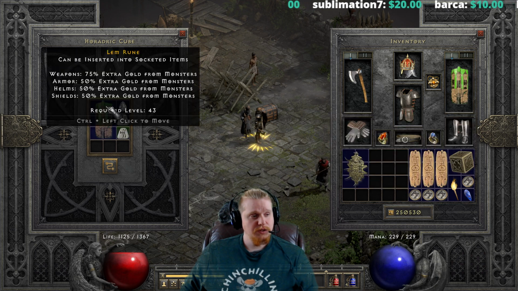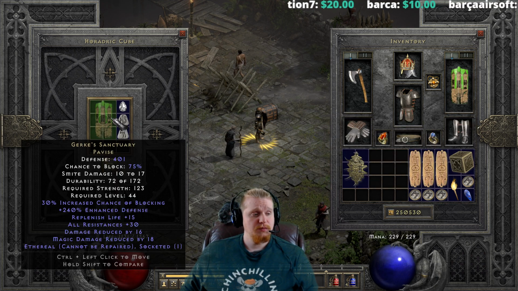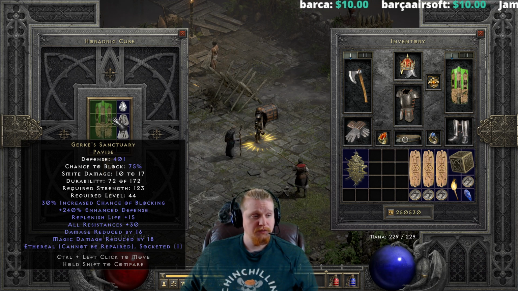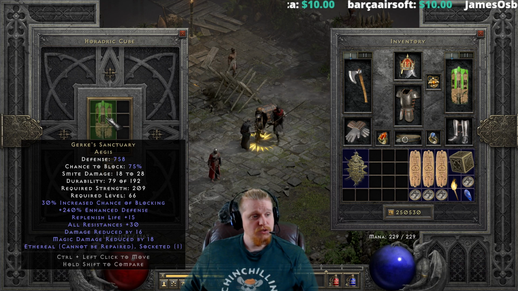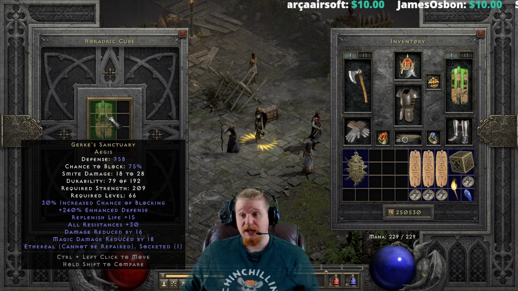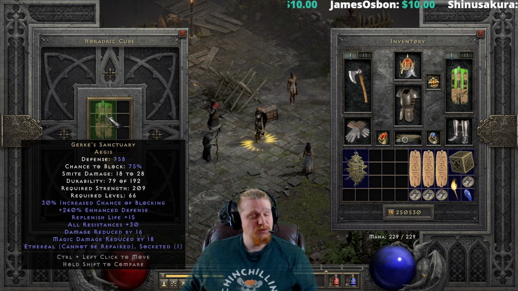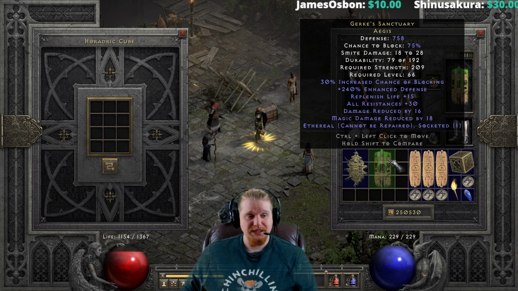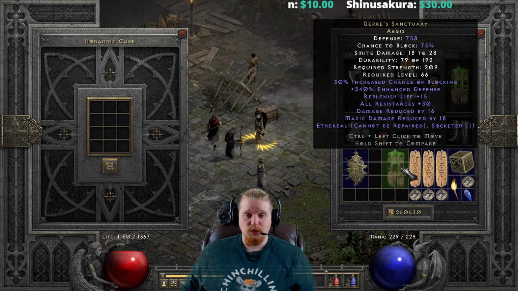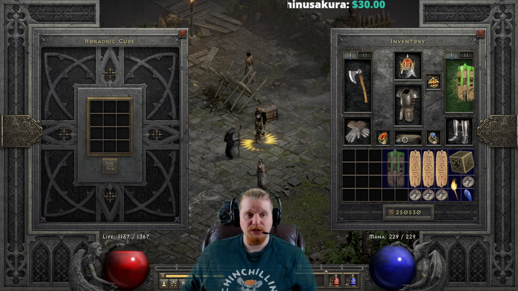The ethereal version can also be upgraded, of course. 401 defense, 84% chance to block, 10 to 17 smite, 123 strength requirement, and level 44. To the 758 defense, 84% chance to block, 18 to 28 smite damage, 209 strength requirement, and level 66. As you can see, just not really a good upgrade for especially the character specifically who's trying to